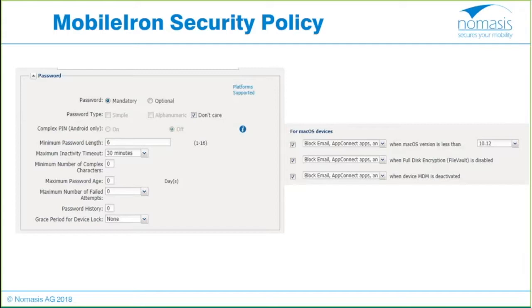Sorry, I just wanted to say that we could log in with the root user without any password, as you might have read in the news in the past few months. So we could enforce that at least with the appropriate version of macOS. Also, we could block the device if the disk is not encrypted, and also if the MDM profile is not activated.